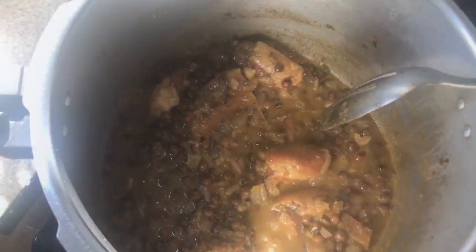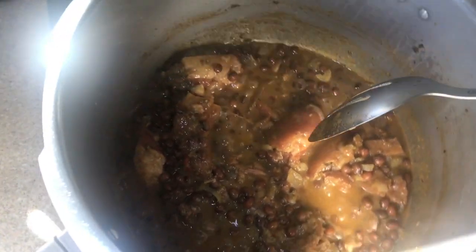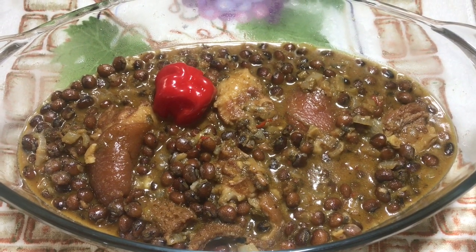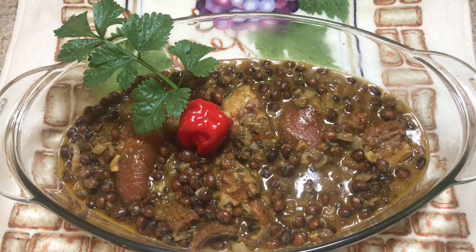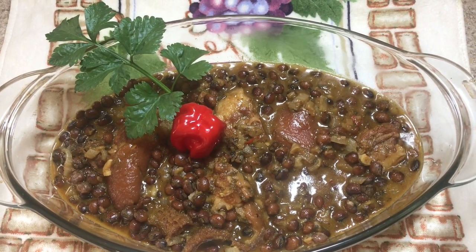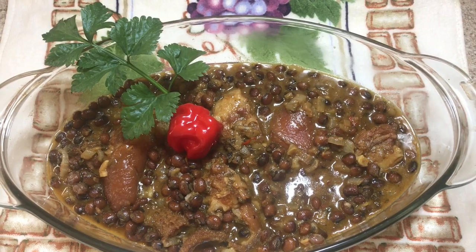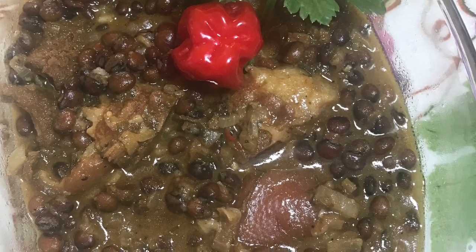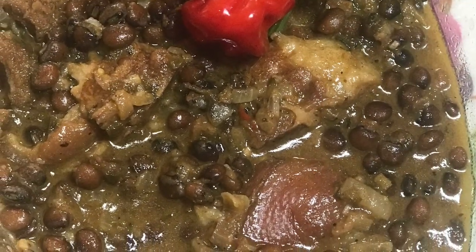Look at what the stew peas look like. Now I'm going to pour this over into a dish. And look at this, guys. My stewed pigeon peas with tripe and pigtail along with the coconut milk gives it that nice, rich, creamy flavor